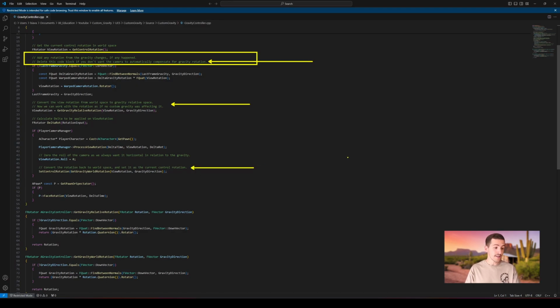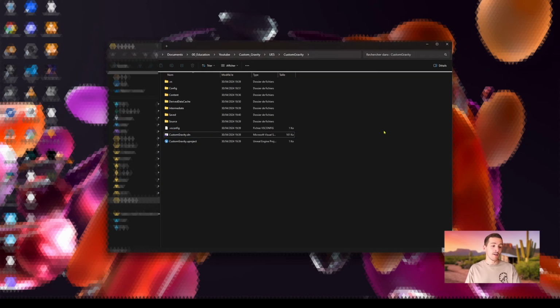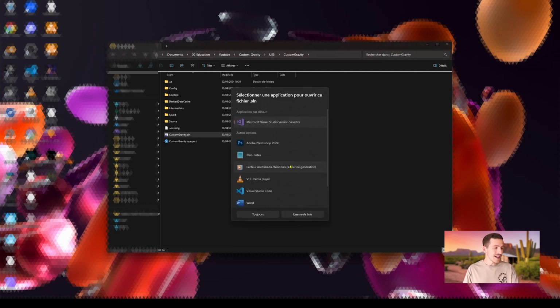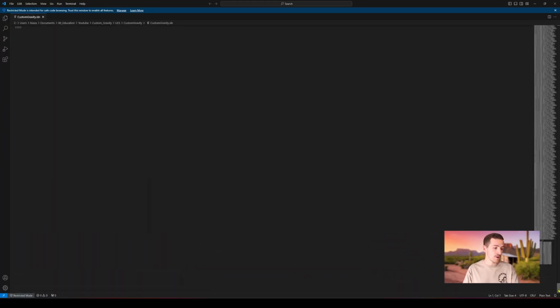The next step, and no less important, is to compile our projects to find the freshly created and adjusted C++ class. But if you, like me, have the simple version of Visual Studio Code, or if you don't have it at all, it's important that you follow the next step well. To compile your project, simply right-click on the .sln file with your project name. Choose to open it with Visual Studio Code. But if it's not the correct version of VS, or if you don't have it at all, as I said, you might encounter this message. But if you persist in opening it with your simple version of Visual Studio Code, you'll get a text format of your code and no possibility to compile and therefore use the local Windows debugger.